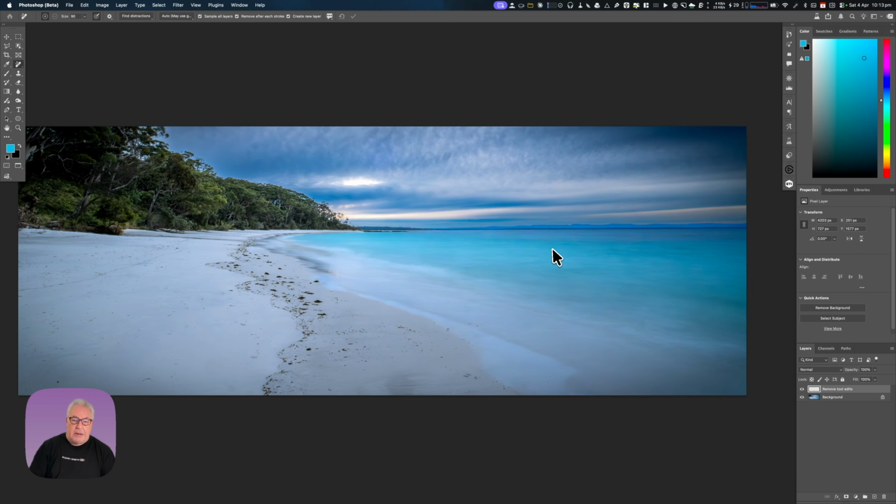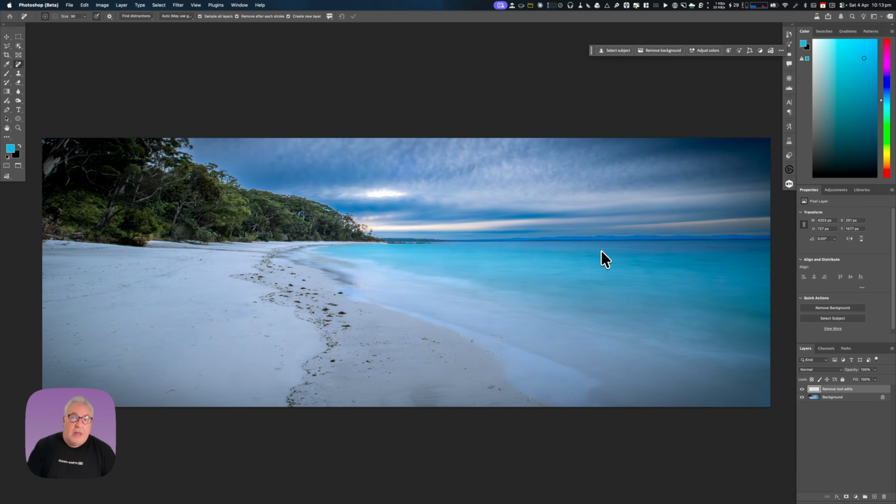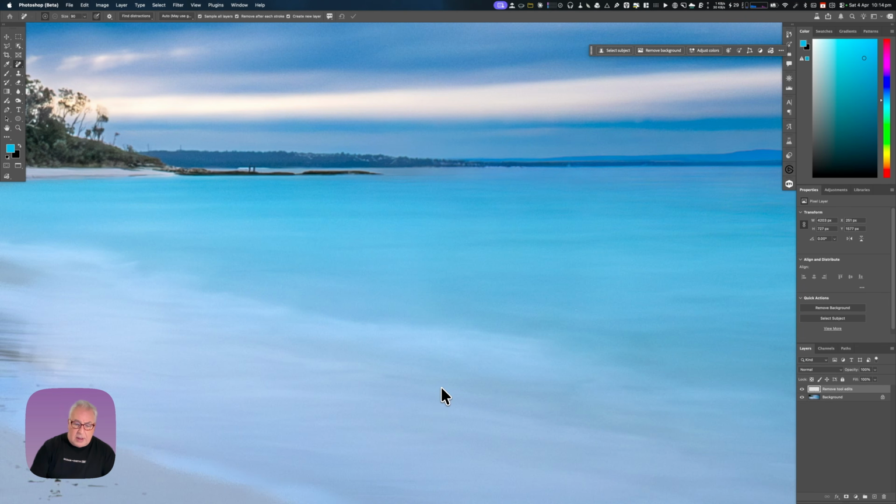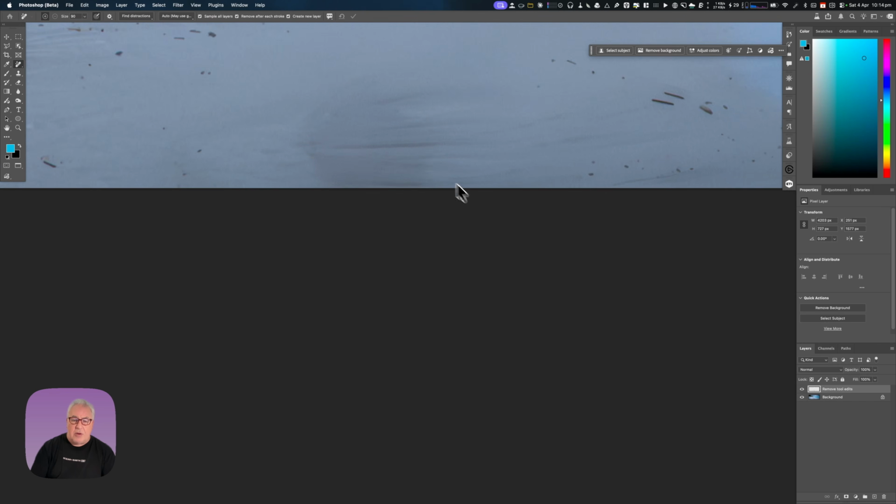So I've got a nice big pano here down at one of my local beaches. Yep. That's right on my doorstep. How lucky am I? A place called Jervis Bay, if you want to look it up. I was really interested in what Photoshop would decide was a distraction in this particular case. I thought it might remove all of this kind of beach stuff, detritus, maybe the lines on the beach. But actually, all it did was take away some of the larger clumps of seaweed on the sand here. So that's what it was like before, and that's after. Incidentally, if you're wondering, it's done quite a high-res job and retained the grain and